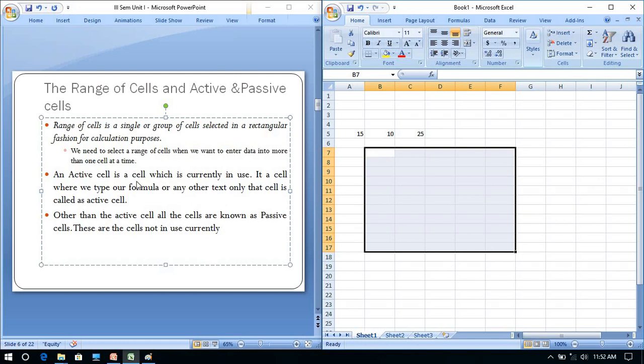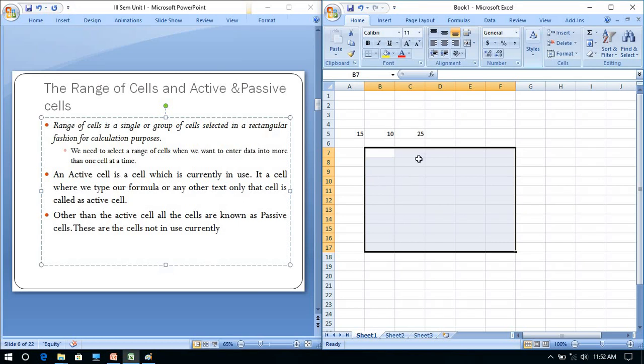Understood this? We need to select a range of cells when we want to enter data into more than one cell at a time, when you want to change or enter the data in more than one cell at the same time. In that case we use range of cells.